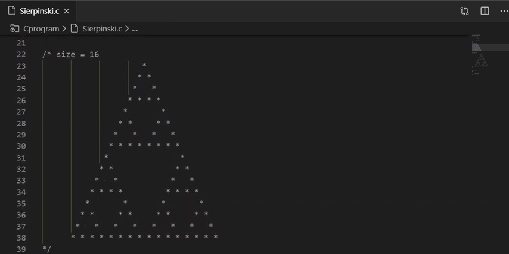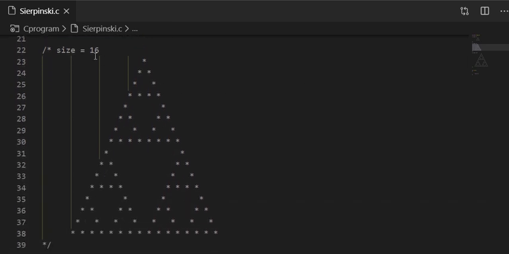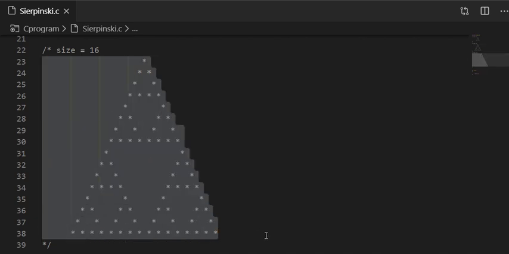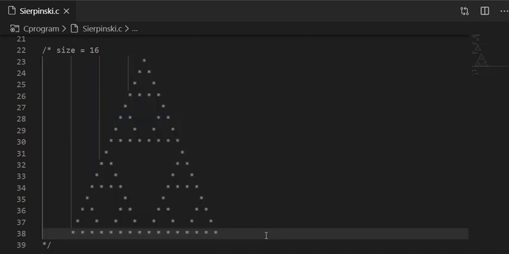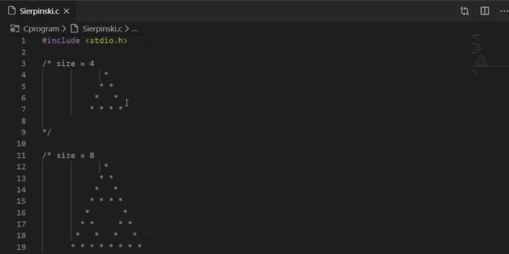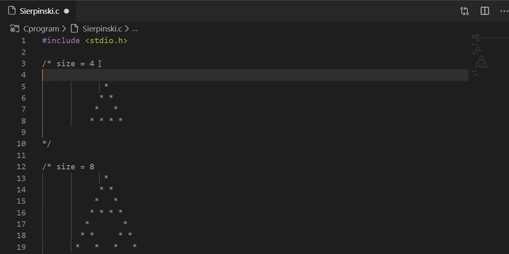And the next order for the Sierpinski triangle is size equal to 16. Now we will make a simple algorithm which shall help to display the Sierpinski triangle by just giving size as its input. For that, let us come back to our Sierpinski triangle of size 4.